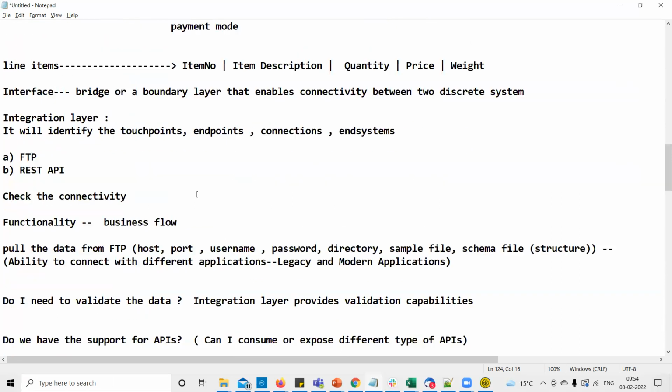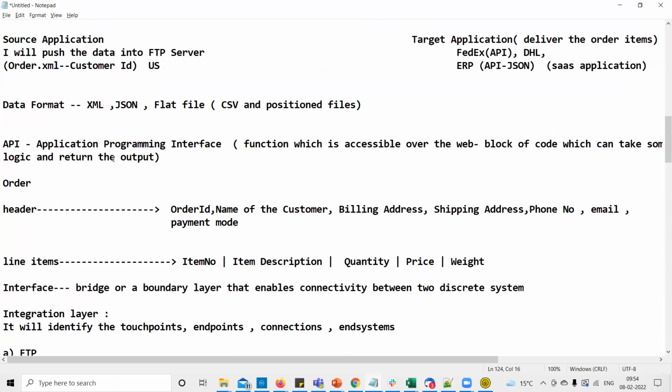So what we started, we wanted to do this integration. So I will identify touch points. We will see all the workflow. We will understand the business flow. We will understand the design. We will think about the error handling. We will think about the security. We will think about the volume of the data, right? And then if you capture all these requirements, if you understand all those things, then you go for development,